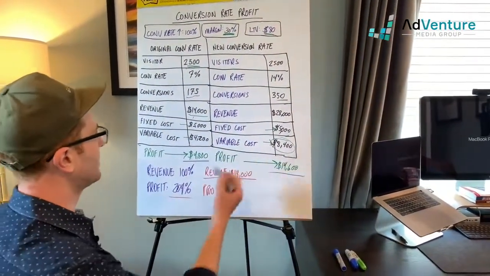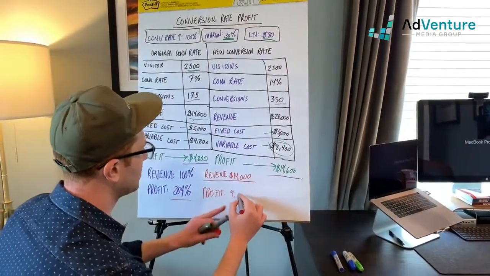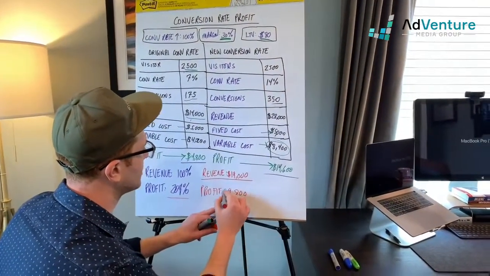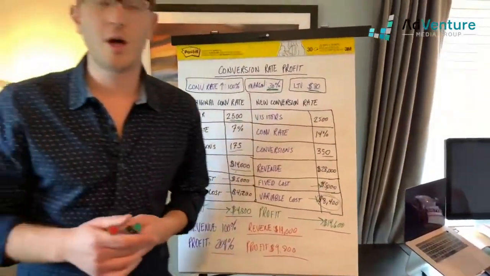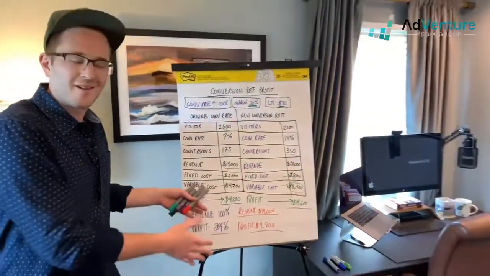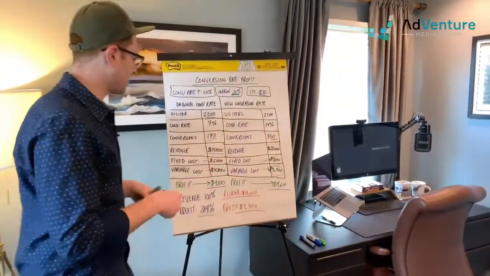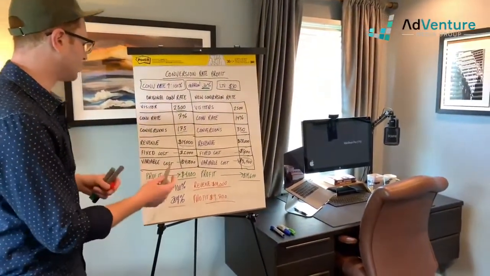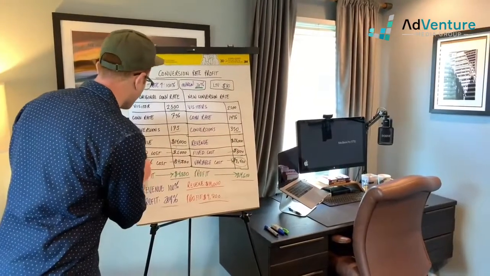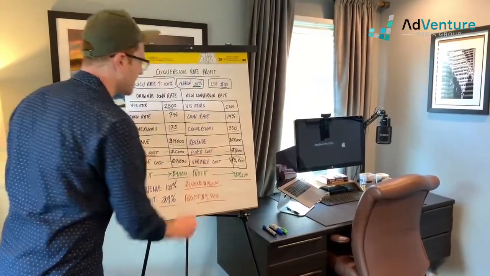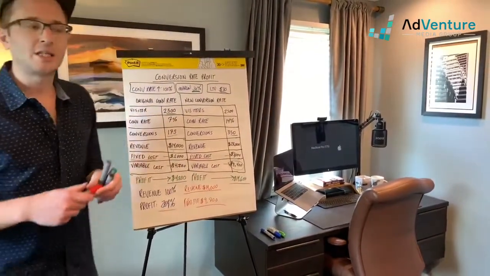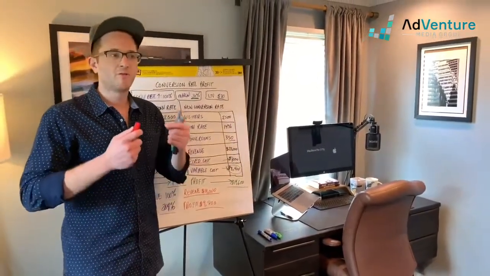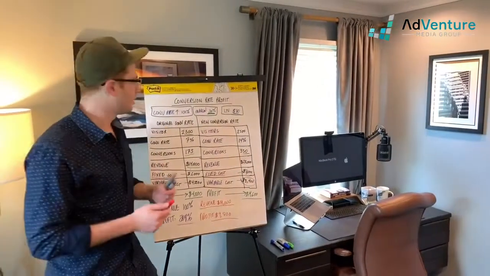You could also just take it from here, $9,800, which is almost tripling profit. So that's a really unbelievable mathematical sequence to understand. And it all really comes down to your fixed costs staying the same as you scale your business, right? Which is why conversion rate optimization is the most financially successful thing you could do for your